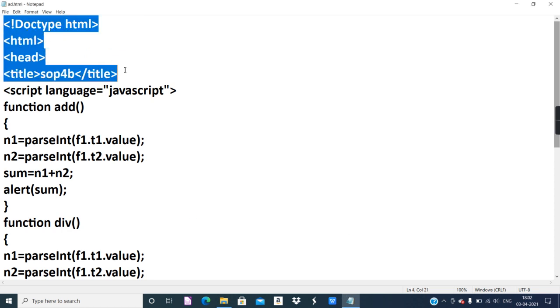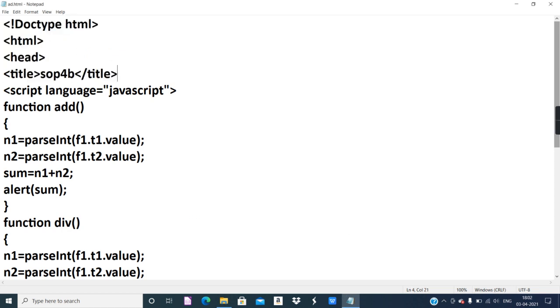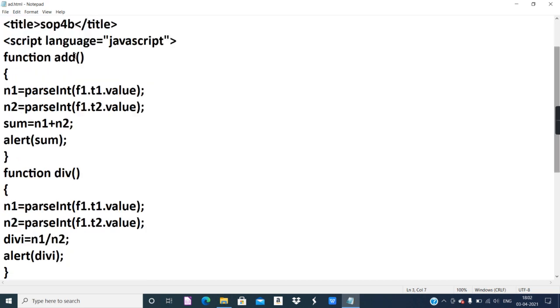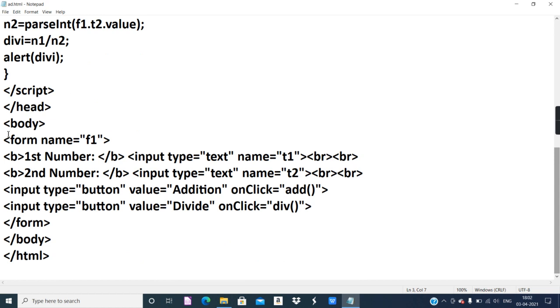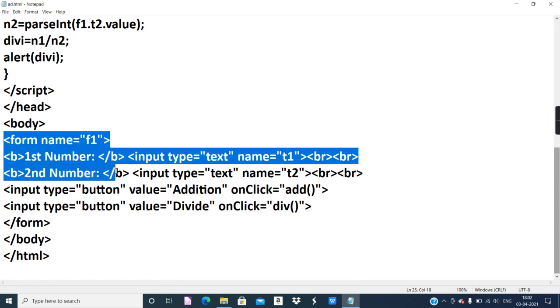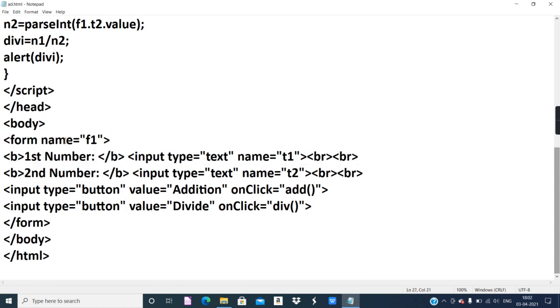You know very well that whatever we see in angular brackets represents HTML coding. So the first task is to create the form. Necessarily you must provide a name attribute in the form tag, as well as for whatever elements you are creating inside the form, like text boxes. At least to the text boxes you must give names, using the name attribute.